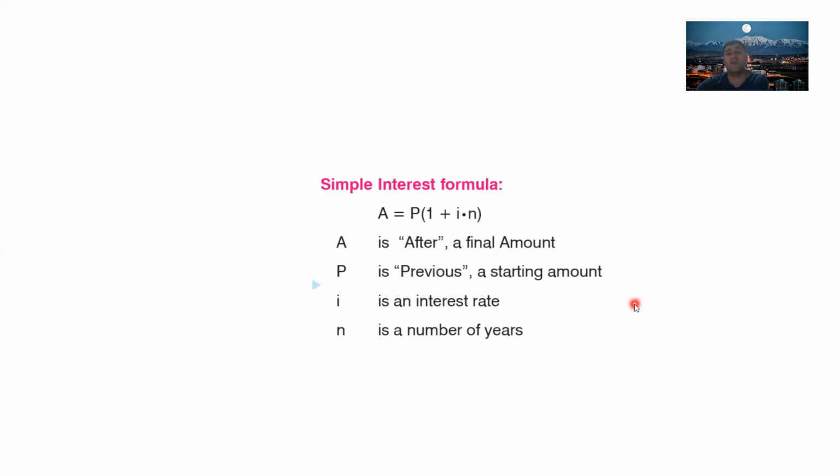Or in some cases, not in grade 9, but later on in grade 10, 11, or 12, you're going to get charged interest quarterly or every 2 months, every month. So N is basically the number of the periods for the interest, right? But in this case, because we are speaking about the interest based on the years, for us now it is the number of years. Okay,